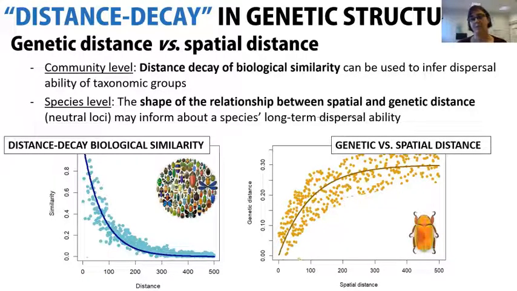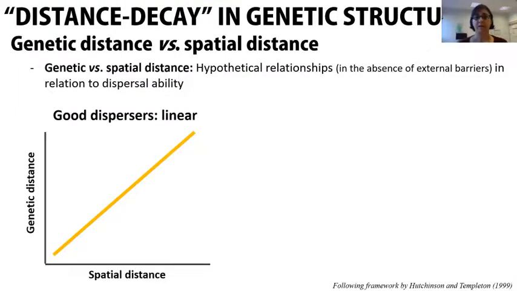So basically what we are doing is assessing an analogous pattern. What I have just explained about distance decay in assemblages and communities, we are going to translate to genetic distance, right? So we will expect an increase in genetic distance with spatial distance. And in this case, we are interested in the shape of this relationship. Why? Because in the theoretical framework that was proposed by Hutchinson and Templeton,